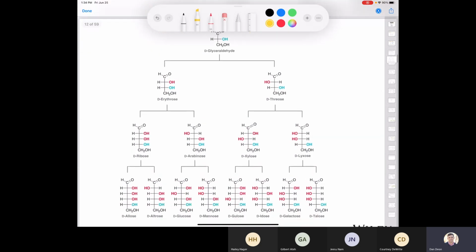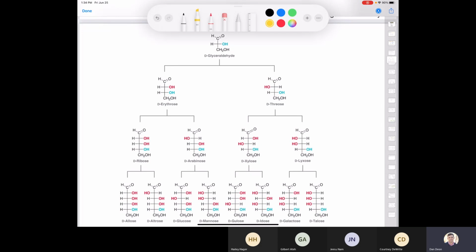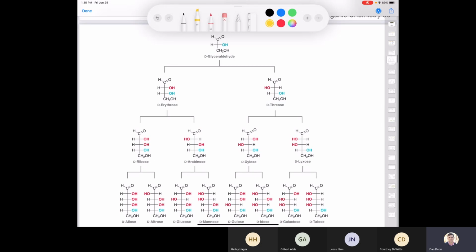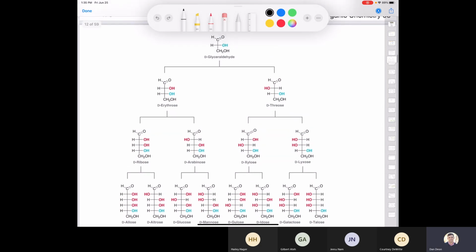So this is what we call the family of aldoses. So we start with glyceraldehyde, and you can see that all we do as we go from a triose, glyceraldehyde, to a tetrose, to a pentose, to a hexose, all we do is increase the number of carbons, right? So we add a carbon here, and then we flip it, right? And then we take D-erythrose, we add a carbon onto that, and we flip it, right, to get a pair of diastereomers, and so on and so forth. So this is the family. We would call this the family